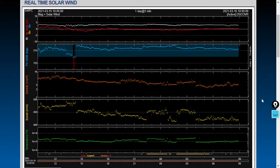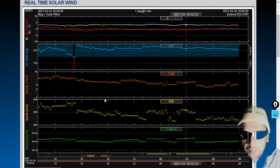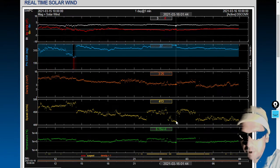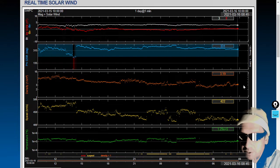Next, check out the real-time solar wind. It has subsided as we forecasted yesterday. I believe I said watch this to go below 500, and indeed it did, reaching lows of all the way down to about 413 kilometers per second. And we also saw a reduction of the density here, down into the 3s now, it looks like. Otherwise, pretty uneventful. We see a convergent BZ there, the BZ at 0, the top pane, the red line there,